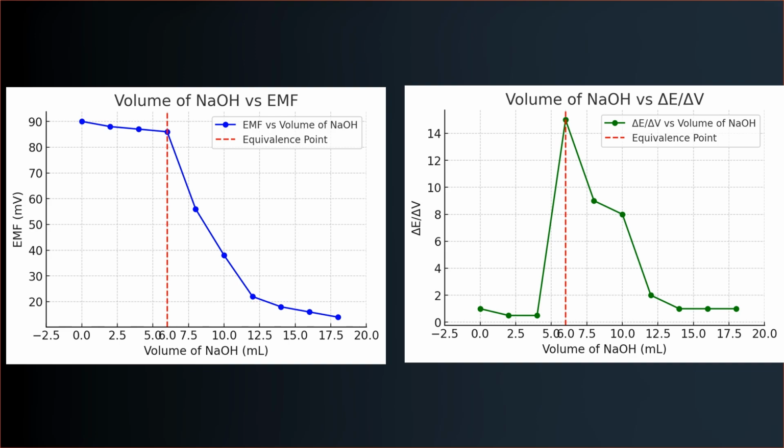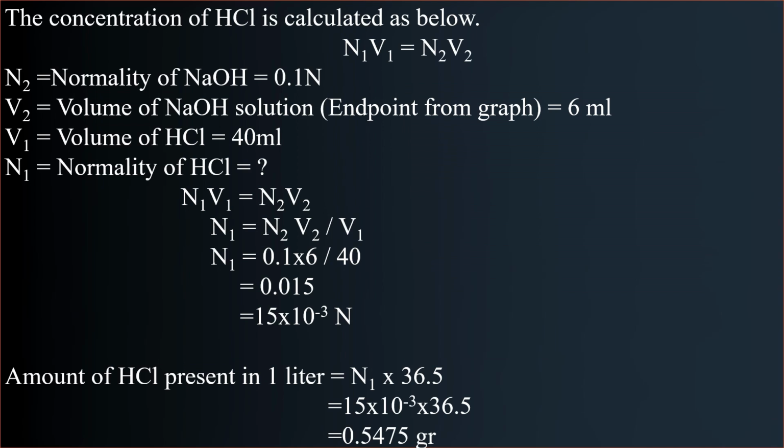It will be equal to 3 ml. You may get 4 ml or 5 ml. Here I am taking 3 ml. So you have to note down the volume of NaOH from the graph and substitute that value in your formula, N1V1 equals N2V2, where N2 is the normality of NaOH, which is 0.1 N, and V2 is the volume of NaOH solution obtained from the graph, which is 6 ml,